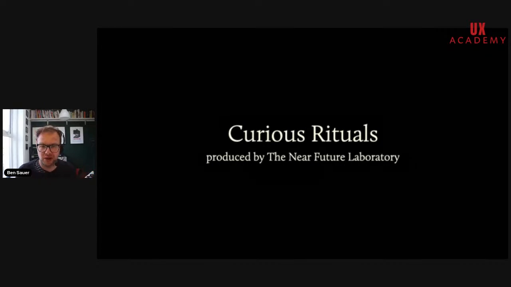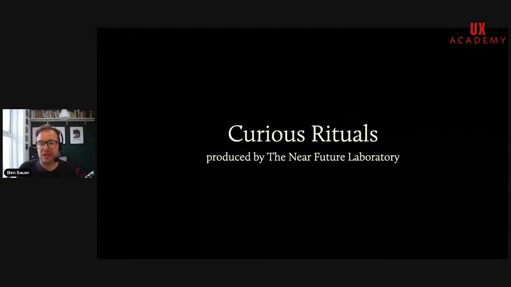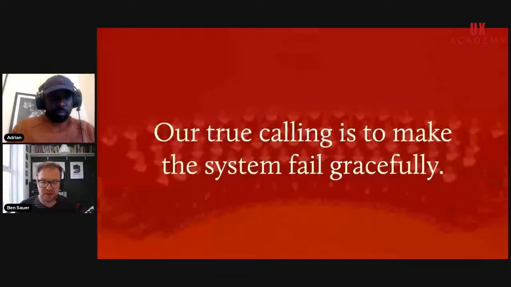We've all had experiences like this where a voice interface works 8 times out of 10, but then those 2 times it's not quite working in the right way. We have to repeat ourselves, and it's annoying because our expectation about how we speak is based on humans, and humans are very reliable at understanding each other. Now, what this means for design, given that voice is basically the most error-prone input that we have, is that our true calling as designers is to make the system fail gracefully.